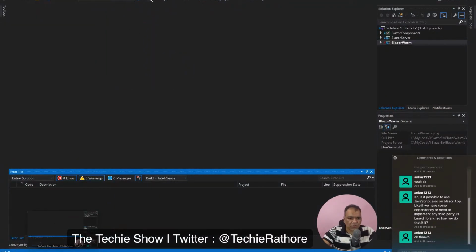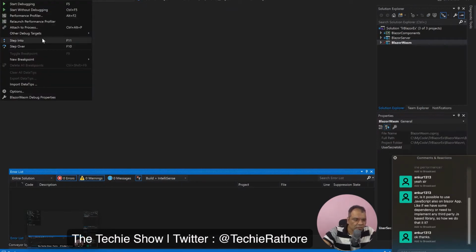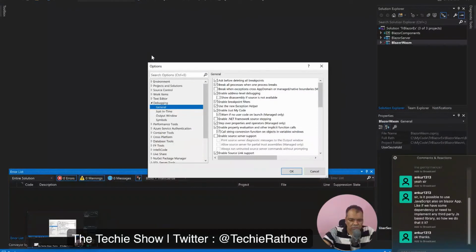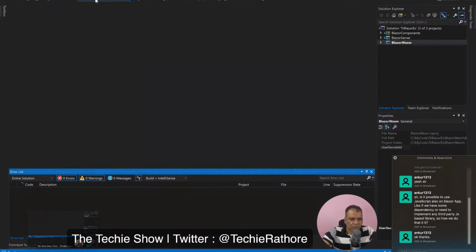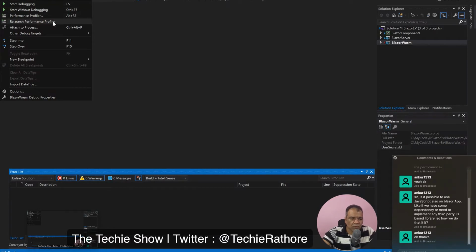So there is an option basically to change the output. Let me see whether it is available here. Other, debug, target, performance, start without debugging, step over, options. What is this options? No. What I'm talking about is there is an option to change whether I want to run my application on IIS Express, or I can use the Kestrel server.